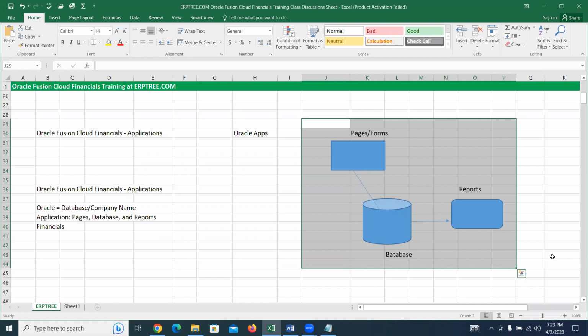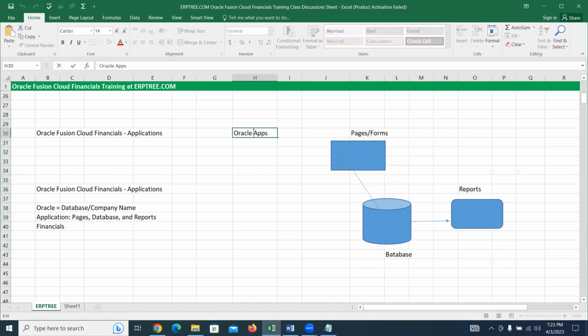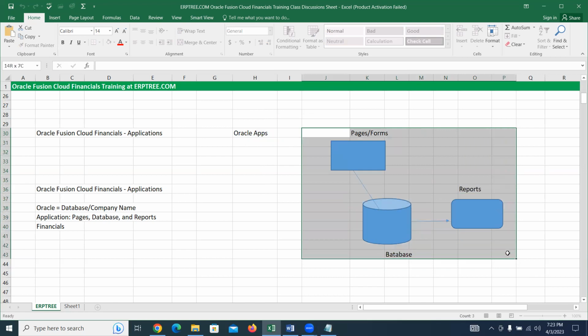So there are many applications from Oracle. We'll discuss the purposes of all of those. For now, just take this point to understand the meaning of application. The applications developed by a company called Oracle, we call Oracle applications. In short, we call them apps. Apps means applications, plural. Oracle apps means Oracle applications. So this is the meaning of application: database, pages, reports. In the same way, there are many applications Oracle built for business purposes. We will come to know all of those.